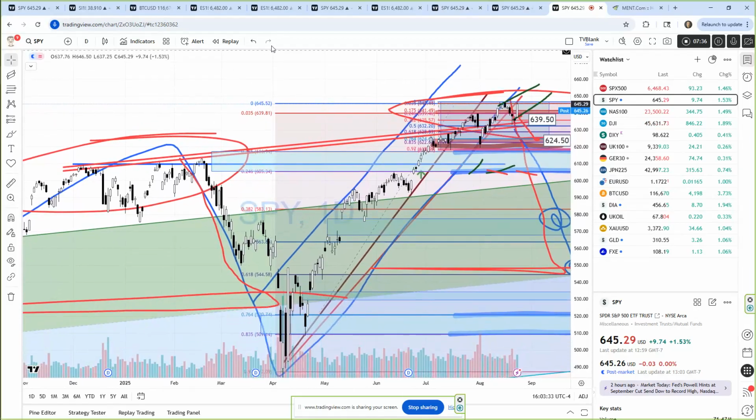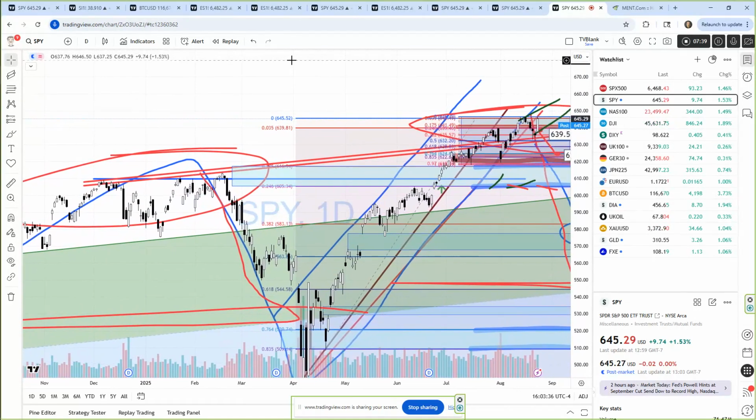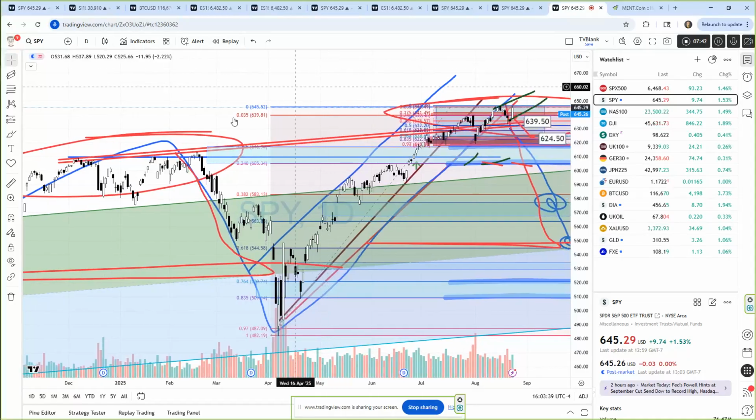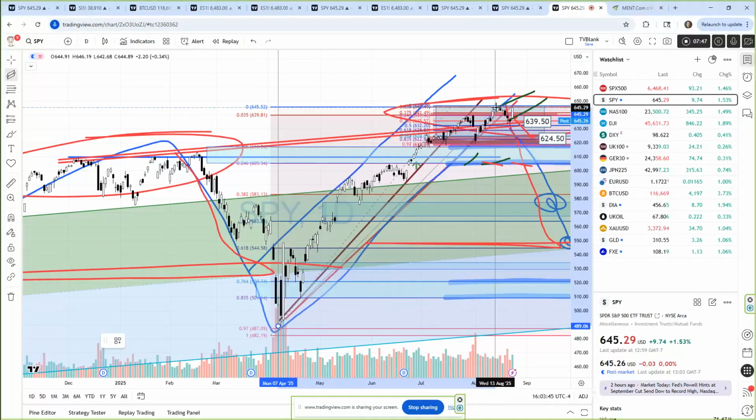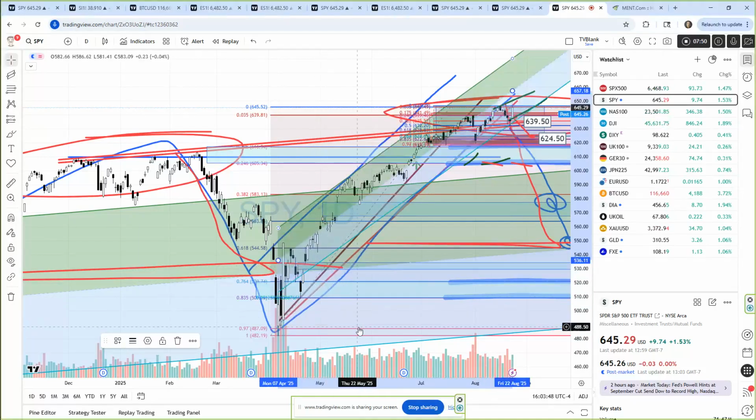We come in here, we use our standard deviation channel again, pick the low level. The nice thing about standard deviation is we can pick any level we want, a low, a high, whatever, and it'll map out the general trend with the 2x standard deviation variance of that trend. And you can see that we're still in that uptrend as of today. We've gotten a little below it down over here while we were basing and building consolidation, but we have stayed within that channel all the way up, and we have yet to break it.